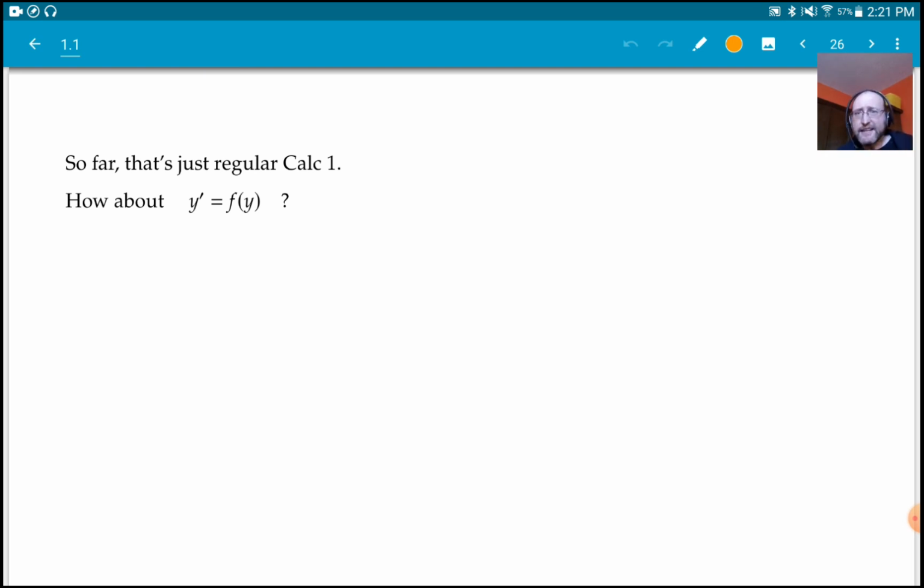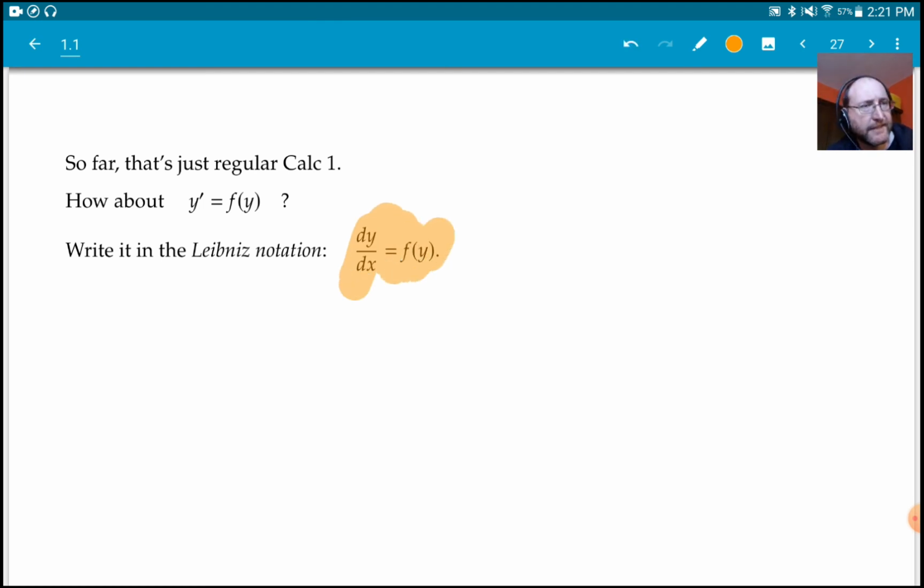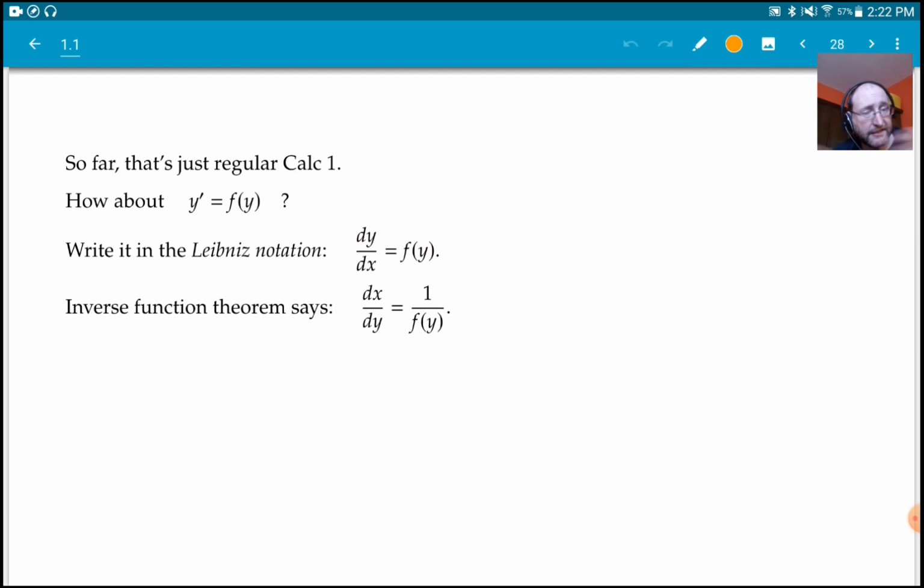Now that I can't quite integrate immediately, but I can do a little trick, right? So first, write it in Leibniz notation, like this. You don't have to write it in Leibniz notation, but that sort of tells you what to do. dy/dx is equal to f of y, right? Now, the inverse function theorem tells you, and this is where it's nice to write it in Leibniz notation, because it sort of tells you what the inverse function theorem would tell you,